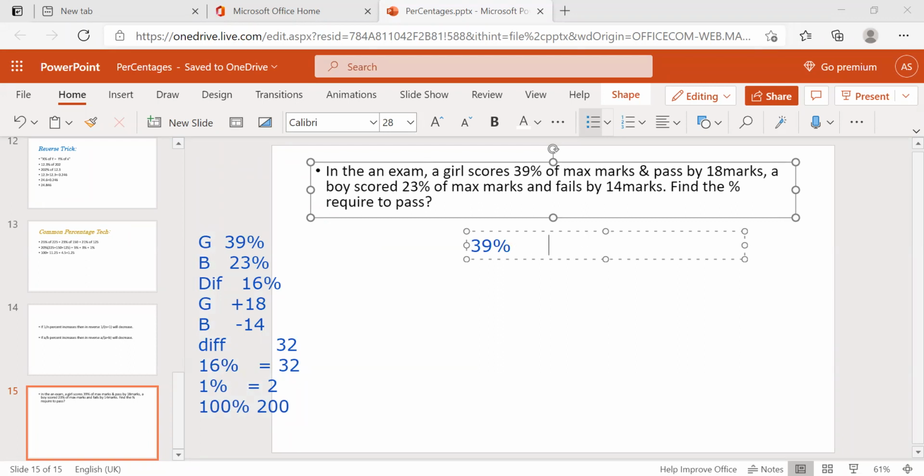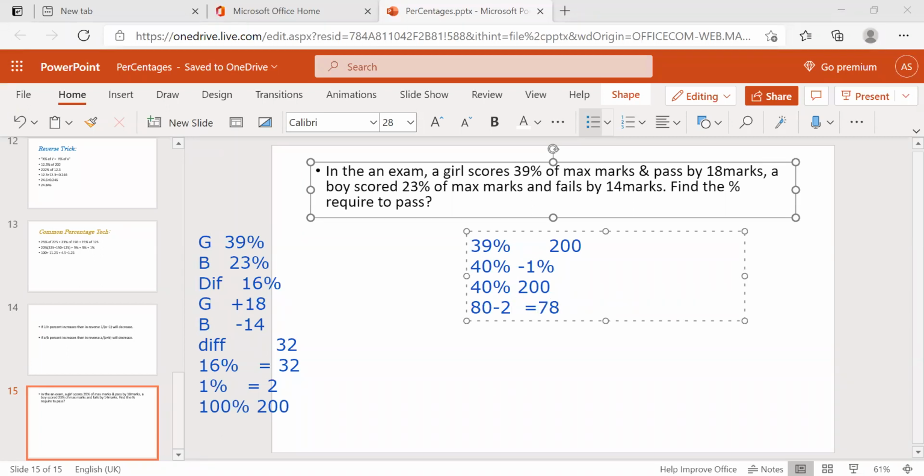39% of 200. How I said yesterday, so techniques, right? We can use the split technique. I can find out 40% minus 1%. Is it easy, right? What's the 40% in 200? Then again you can use that decimal fraction. So 4 into 2 is nothing but 80, right? 80, and minus 1%. What's 1%? 2. It's nothing but 78.